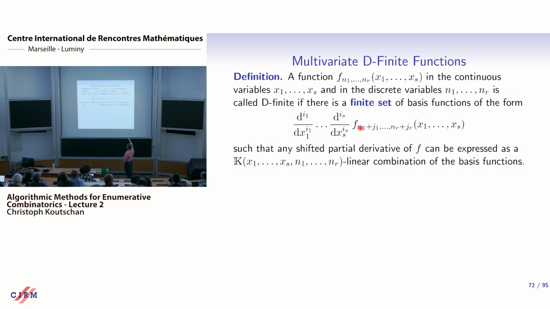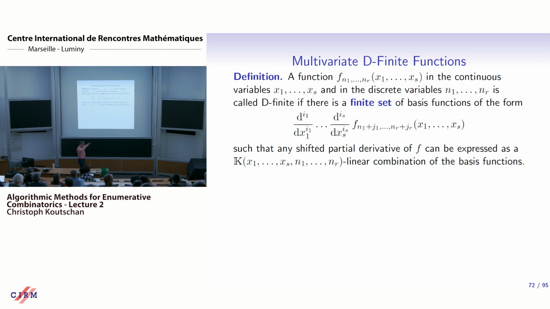So we take the function f, we apply certain shifts to the discrete variables, we take certain derivatives with respect to the continuous variables, for certain integers i1 up to is, j1 up to jr. If there is a finite set of such basis functions such that any instance of my function, where I allow arbitrary shifts, maybe by 100 or 1000, and high derivatives, can be reduced to this finite set as a linear combination of these basis functions, then we call the function multivariate D-finite, and it has